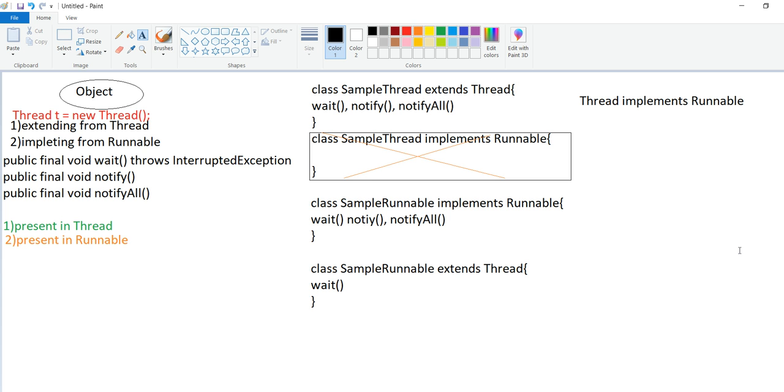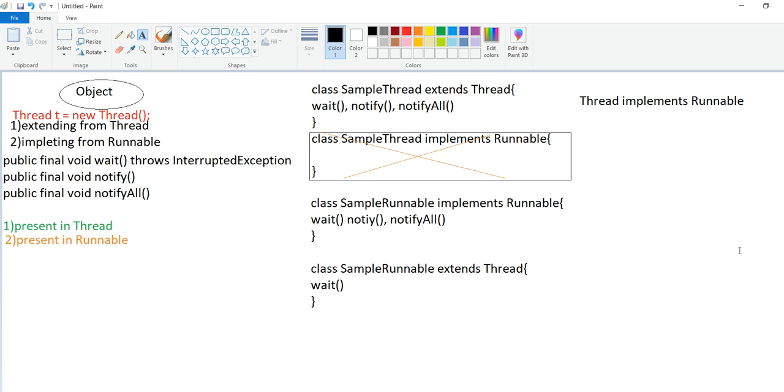If it is a class, we don't need to implement all the methods. If we need, we can override; if we don't need, we can ignore, right? And Object is the parent of both Thread and Runnable. That is the reason they kept the wait, notify, notifyAll methods in the Object class,